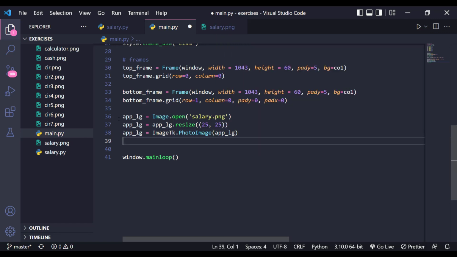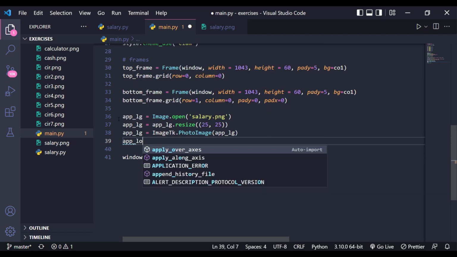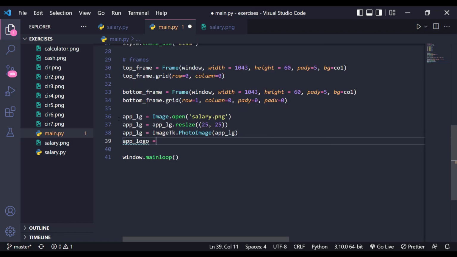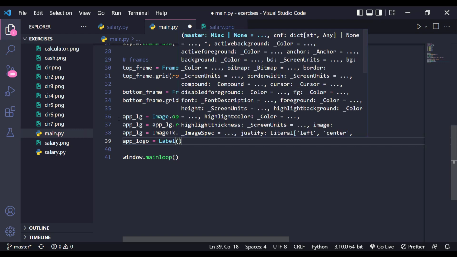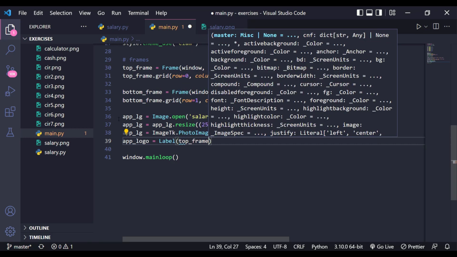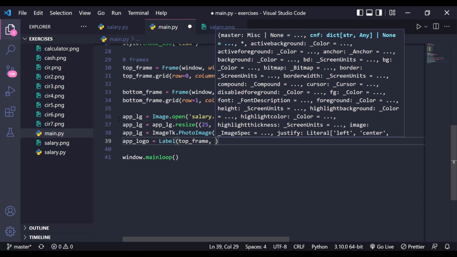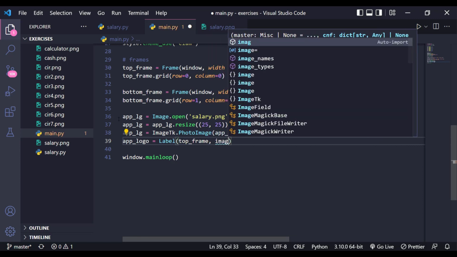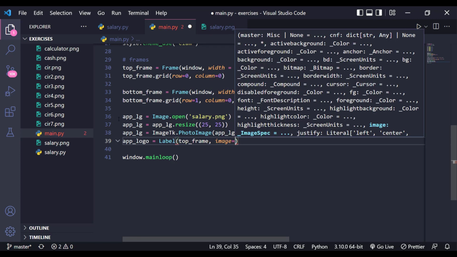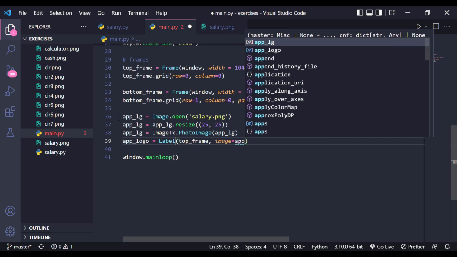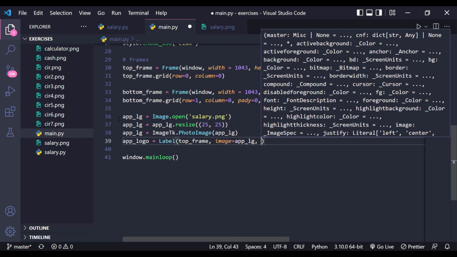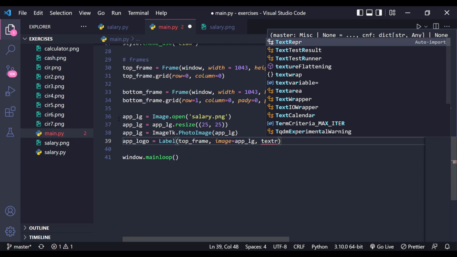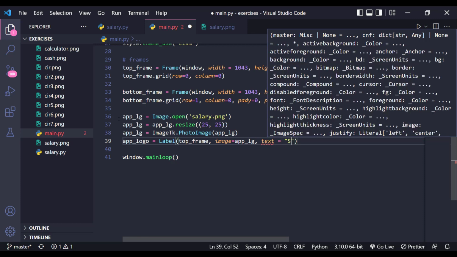Now it's time to place it, so just create a label first, which is app logo, and inside label we are going to create, so we want this in top frame, and we'll give image equal to this app logo, and we'll give text equal to salary calculator,